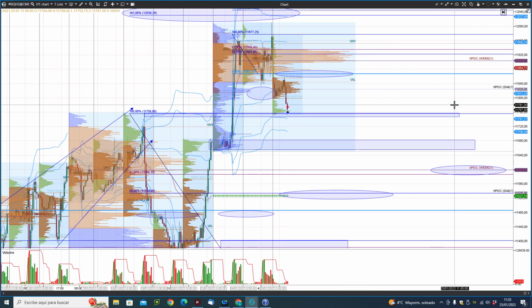About Nasdaq. Nasdaq, our first lower target, we have touched this at this moment, 11,757. If it breaks this great support, it could drop the price until this zone, 11,684 to